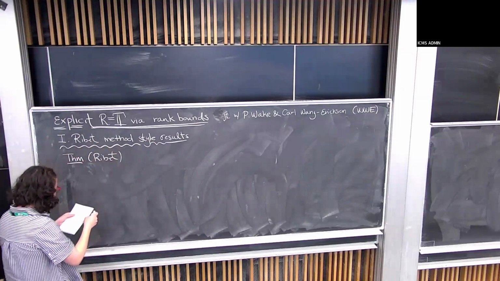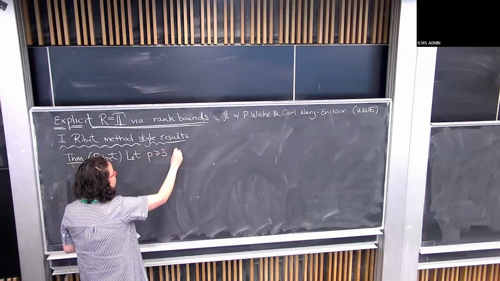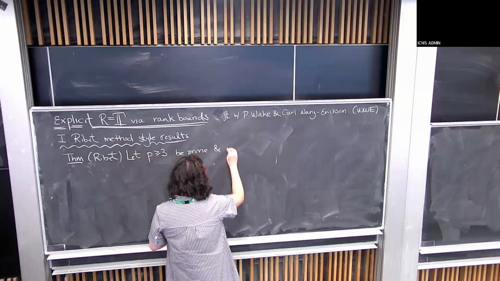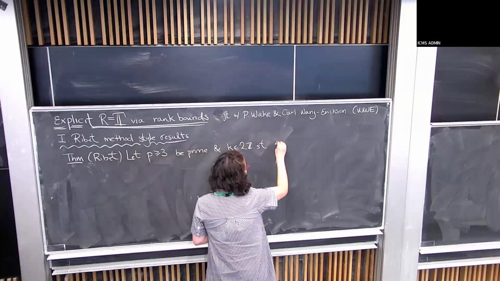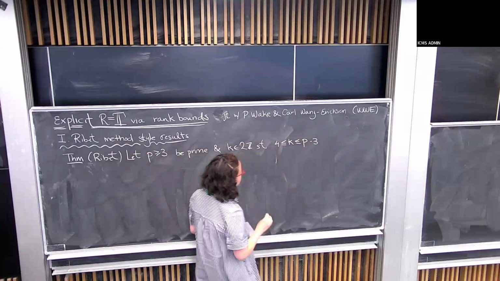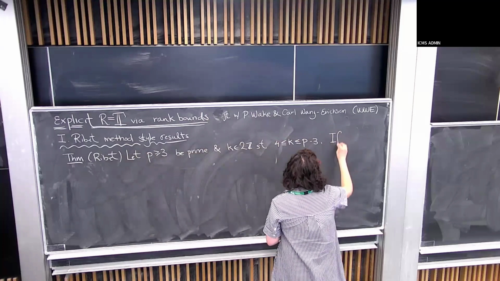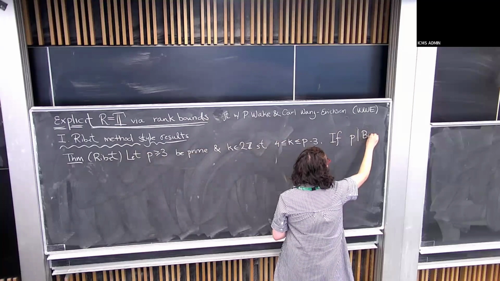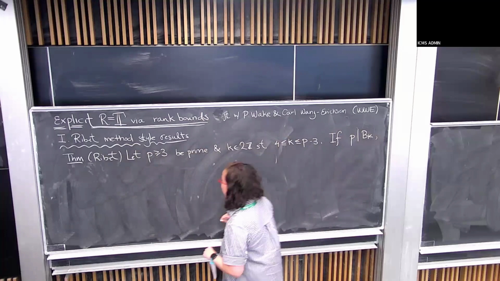So, theorem due to Ribet. We'll let p at least 3 be prime. And k is some even integer such that it's at least 4 and less than or equal to p minus 3. Okay, then Ribet's converse to Herbrand's theorem would say in our cusp form language that if p divides the kth Bernoulli number, which I'll denote by B_k, then